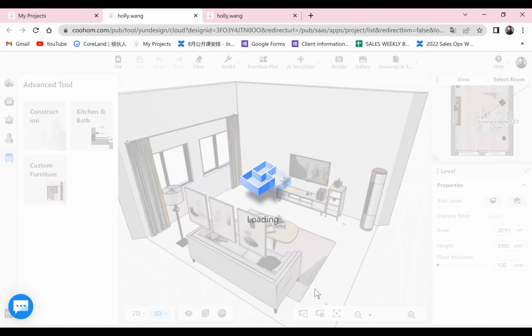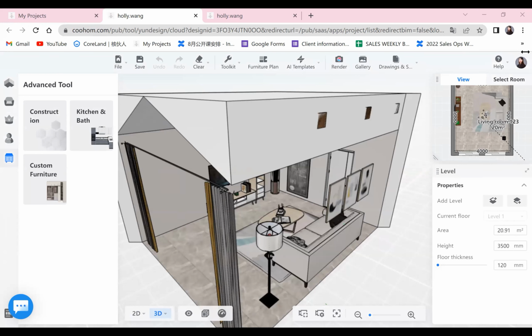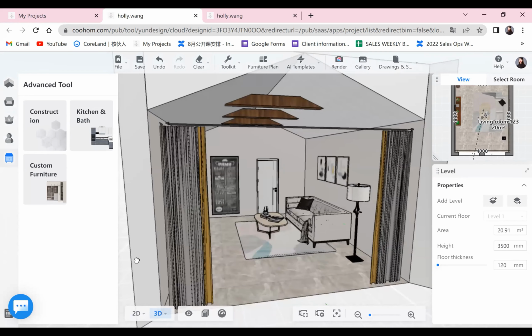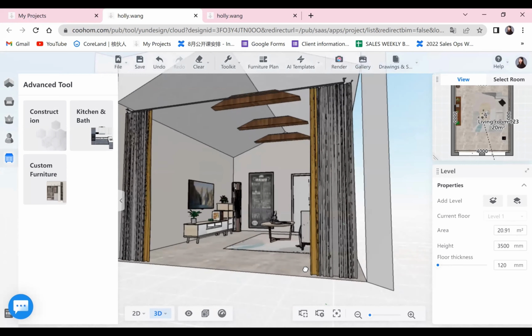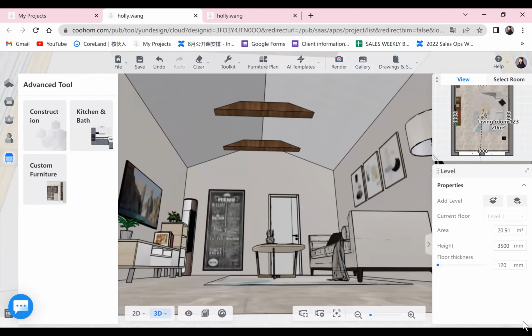Okay, I see another two people raising their hands. What questions do you guys have? Can we make a CNC partition at ceiling level? Like a ceiling what? CNC, some design of wood or something else like that.